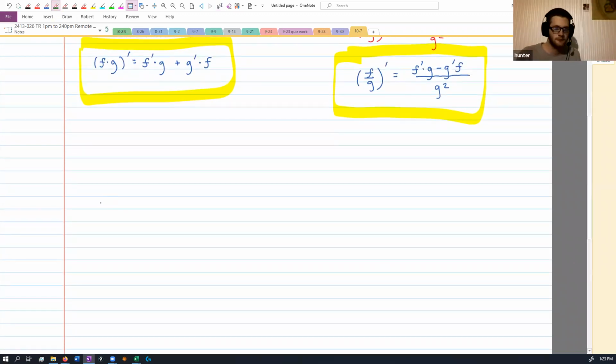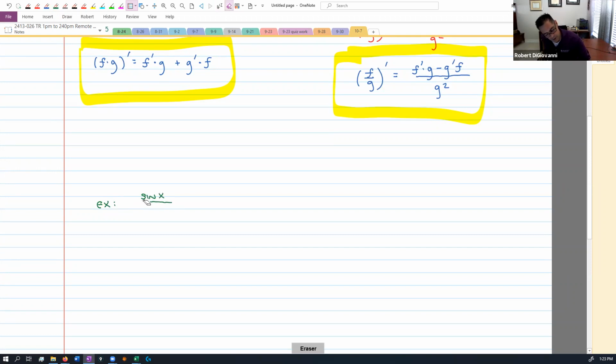Let's do another one. We'll keep it nice for now. So how about y equals sine x over x squared plus 1. I want us to find y prime. So I realize I have a quotient, right? I look at the top, I look at the bottom. I can almost treat this like a little f and a little g, and then I can just apply my formula. So my derivative will be the derivative of the top